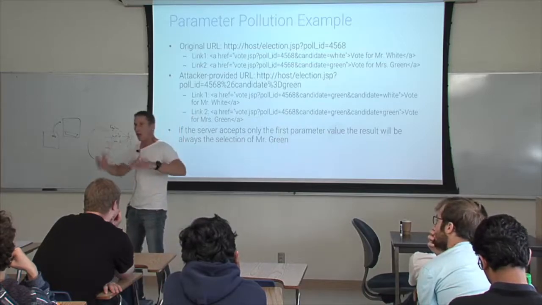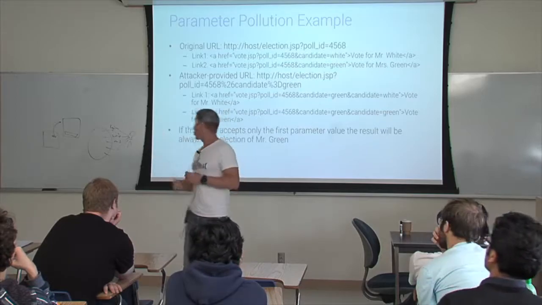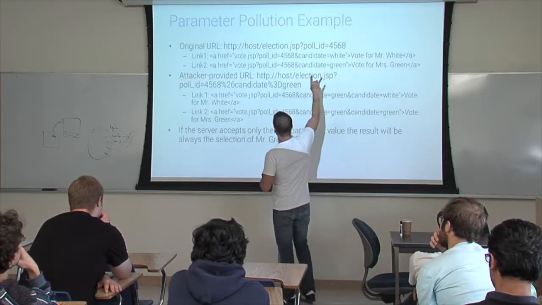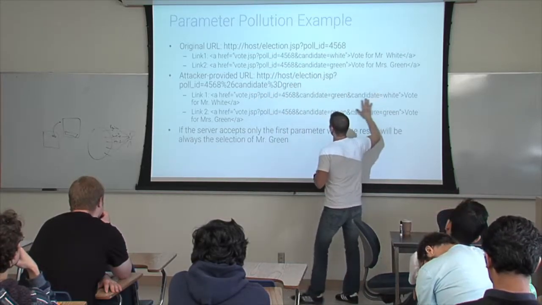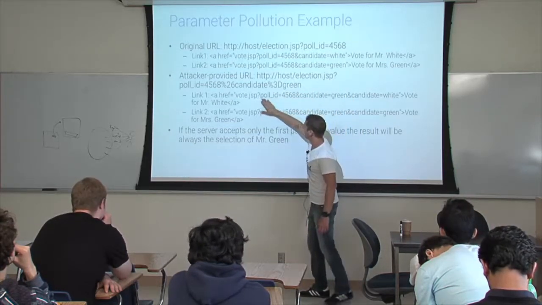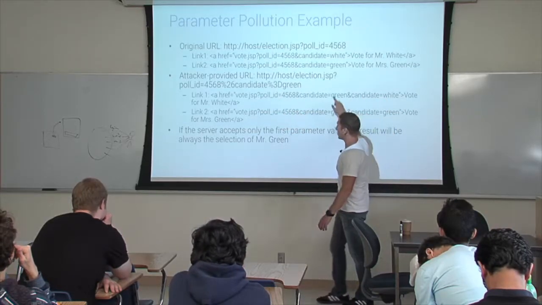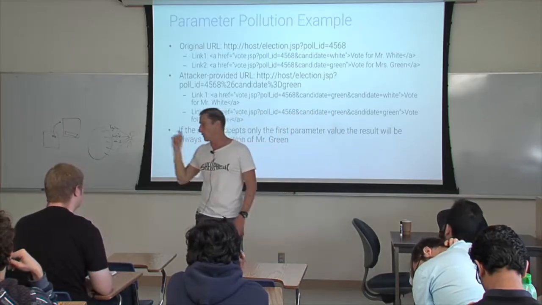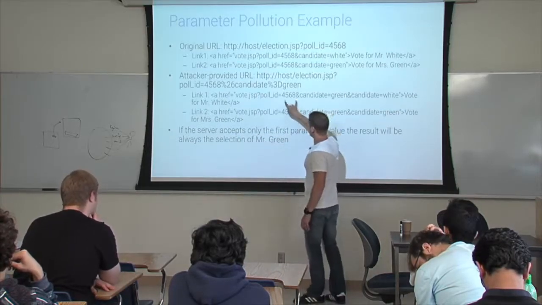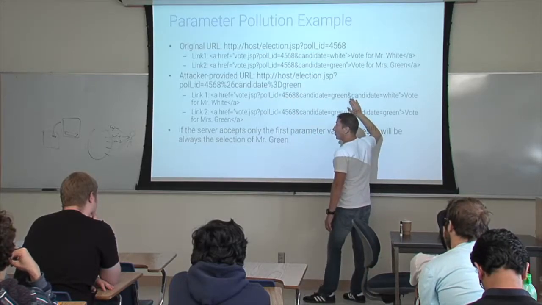Say, I am some identifier, okay? You provide that to the application, which uses this identifier to create a set of links that you can use to vote. The main problem is that this value is used to put together a link. Normally, you wouldn't have this part. You would have: vote, poll ID is this guy, white; vote, poll ID is this guy, green. Whatever you click, you will vote for Mr. White or Mr. Green. But in this case, there is no sanitization, and the value of the parameter is just inserted and put in the URL.